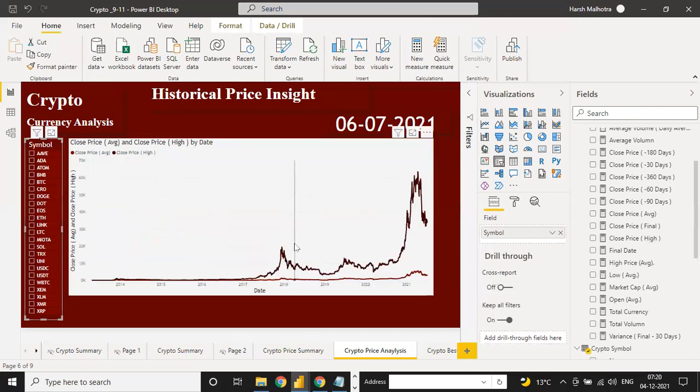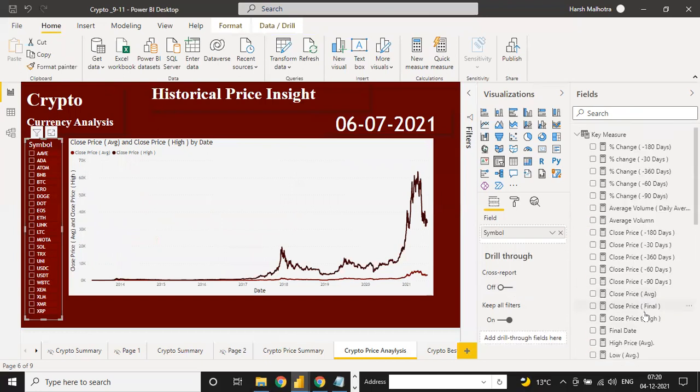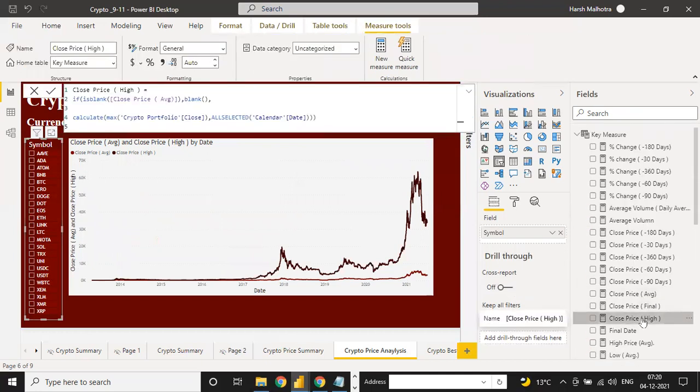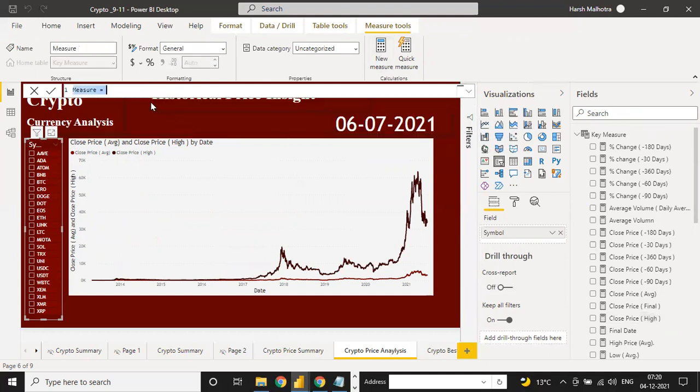And now this is your close price high. In the same way, if we need our close price low, where is the measure table? This one is your close price high. If we do the same for low, you have to put the same function, but instead of maximum, you put the minimum function. That's it. Otherwise, everything should be the same.